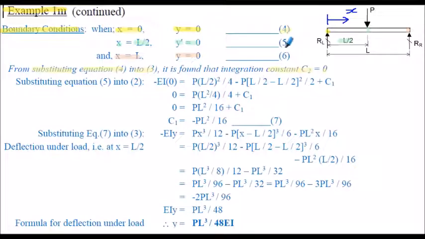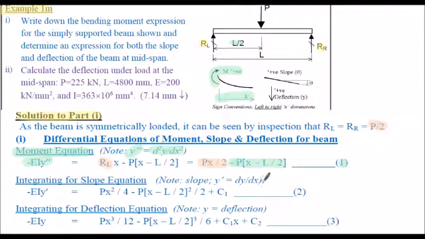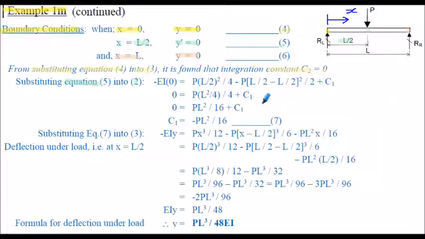If we now substitute equation 5 into equation 2, the gradient equation on the previous slide, we now know that x is equal to L upon 2, so this will be replaced with L upon 2. This will be replaced with L upon 2. The y dash term, which is the gradient, will be replaced with 0, so that term will go to 0 here. We end up with this expression, 0 on the left-hand side, p is multiplied by the x,